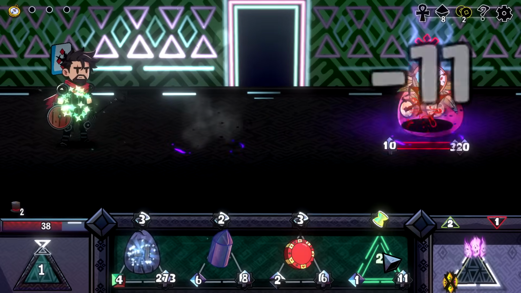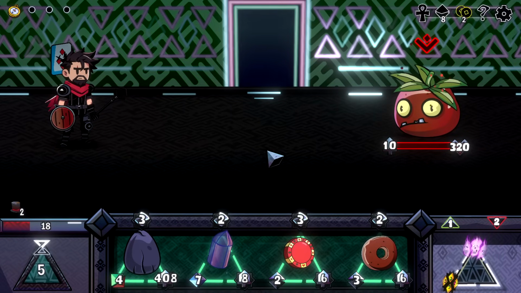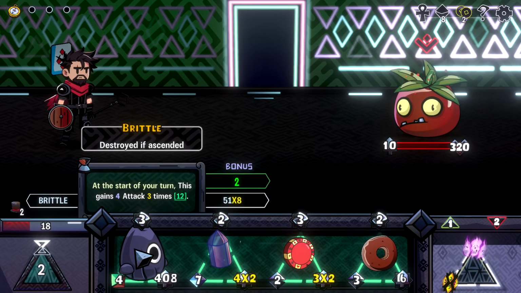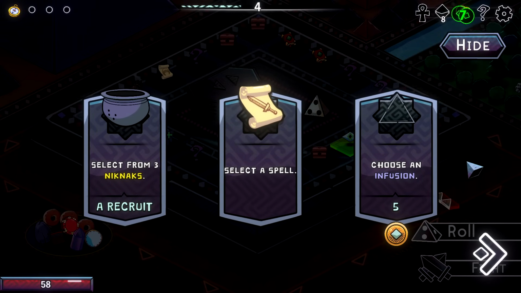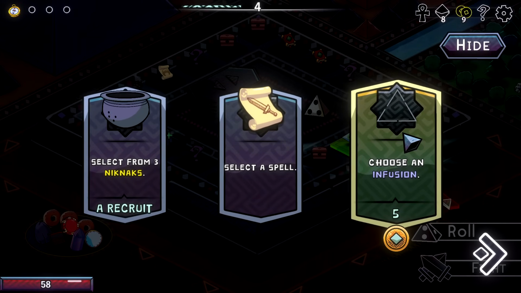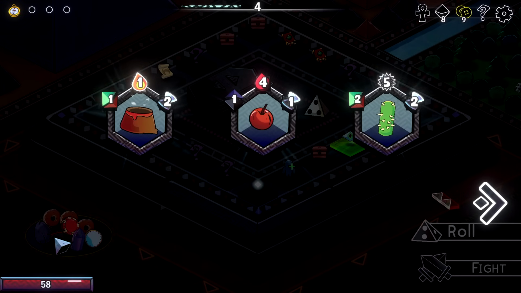Buff ya. Gonna make you cheaper. Going to make you stronger. And then 408. Yeah. It's a lot of damage. It's good. I love the strategy. It's just whether or not it's directly good enough. I don't know. Let's take a look at Niknaks again, because our top hat...